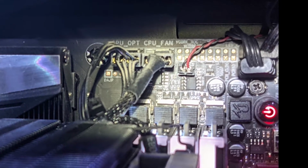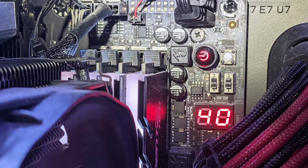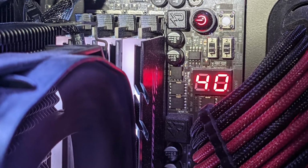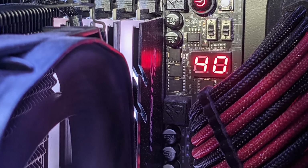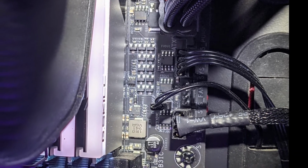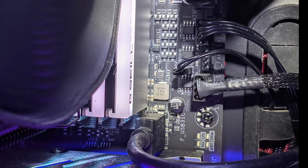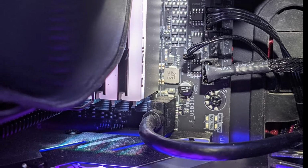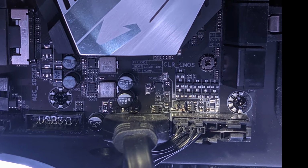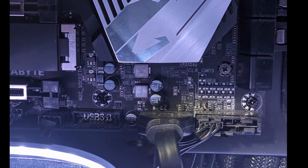And here's how this all hooks together when it's in the board. We've got some CPU fans plugged in. We got 12 volt 4-pin. There's a temperature sensor that's plugged in. We've got the little display that glows and lets us know different things, it wants to give us the codes. There we got another temperature sensor and some fans plugged in. There's a USB 3.2 plugged in. We got a 3.1 plugged in at the bottom here, as well as the front input